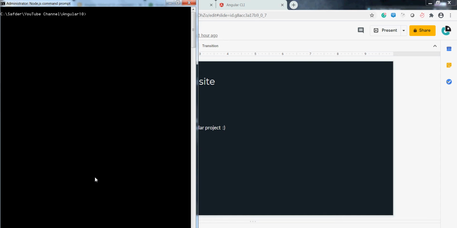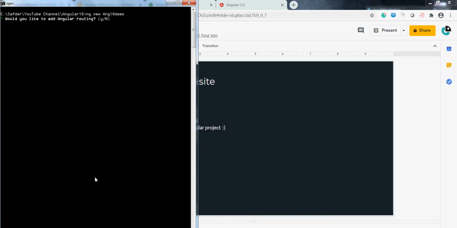So I am going to pass the Angular command ng new for creating a new project, Angular 10 demo. I'm just pressing the enter key here. This step will require some time because it is going to update all the dependencies and install them from the node modules. It's asking us a couple of questions, so we need to answer them.